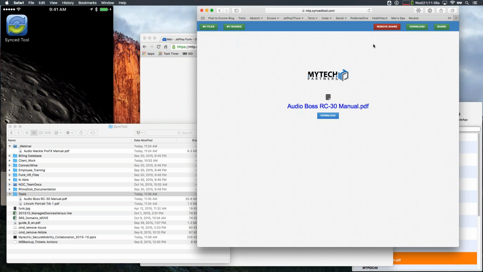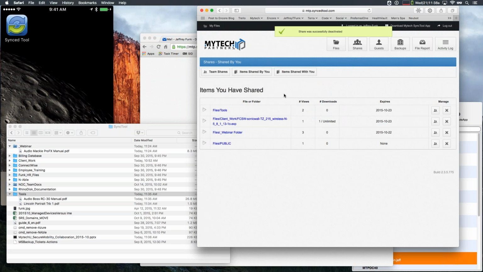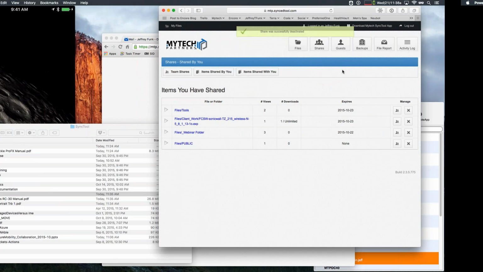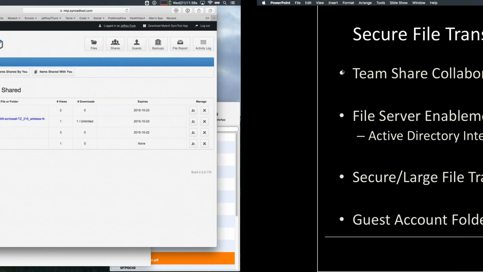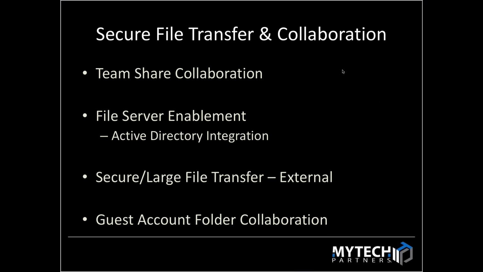So I think that's mainly it for being able to send large files, being able to send secured files, basically one and the same, but oftentimes a different purpose because you might not necessarily be worrying about securing the files if they're not confidential, but they're secured anyway. And that's really being able to do that with external folks to your organization, and then how you can